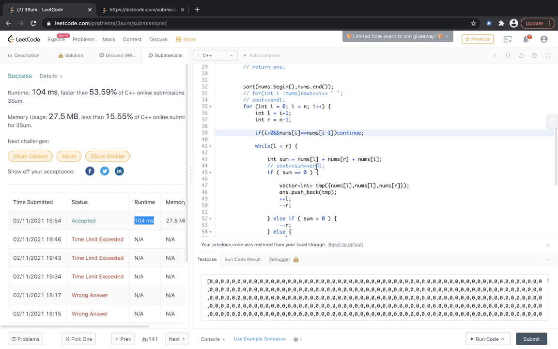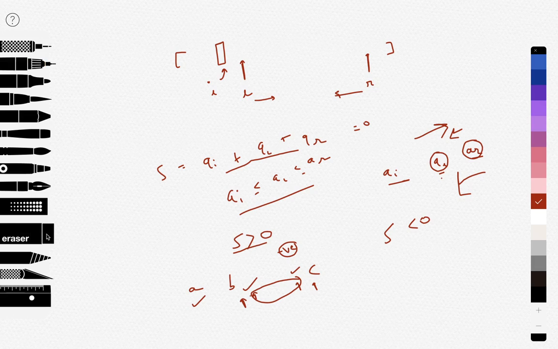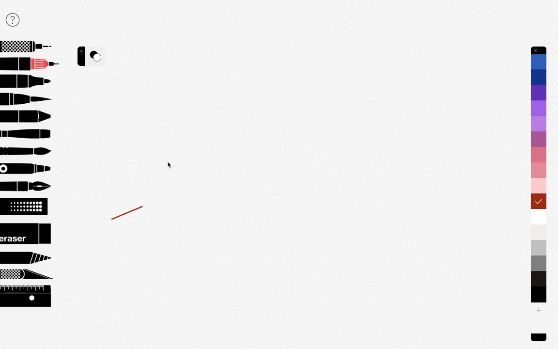So what I did was that I just checked that if i is greater than 0, then nums[i] should not be equal to nums[i-1]. That is what we are doing every time, we are fixing. So if we have ABC, we are fixing the first element, which is A, and then we are iterating over B and C. But what happens is, let's say before this we had A0.